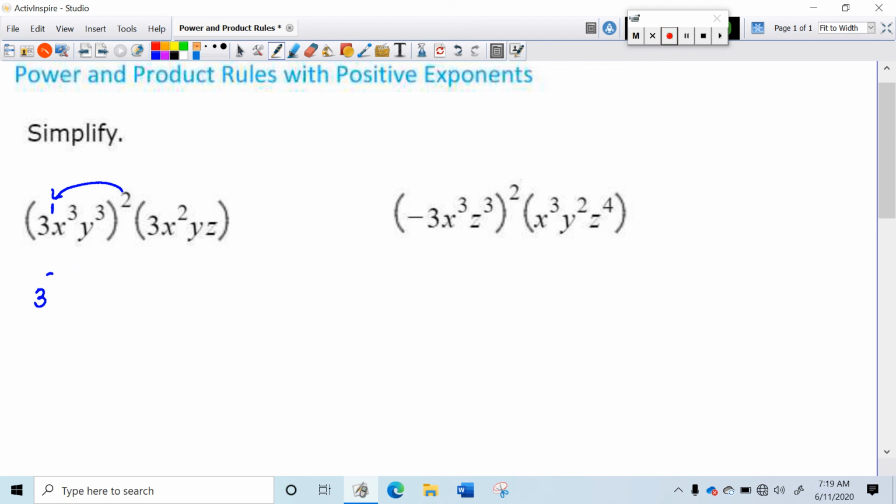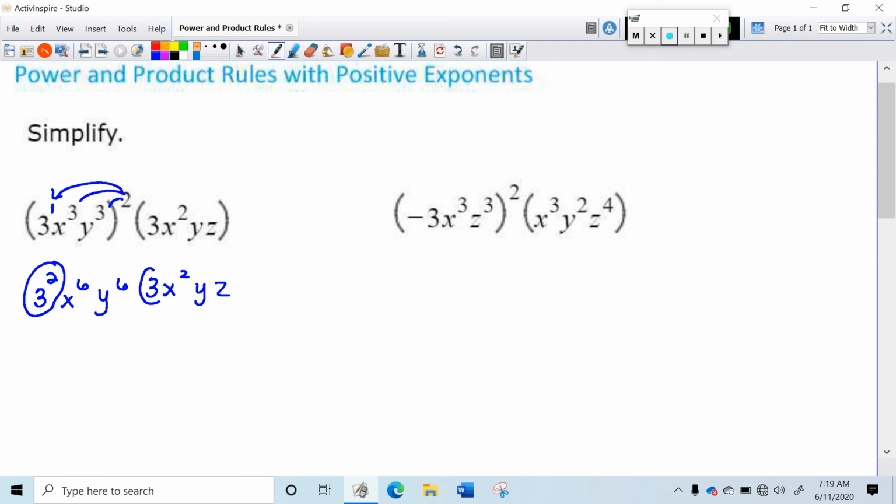1 times 2 is 2. For my x, the exponent is 2 times 3, which is 6. For the y, the exponent is 2 times 3, which is 6. Now this one doesn't have an exponent on the outside, so you just write it down. 3x squared yz. Okay, now we have to deal with